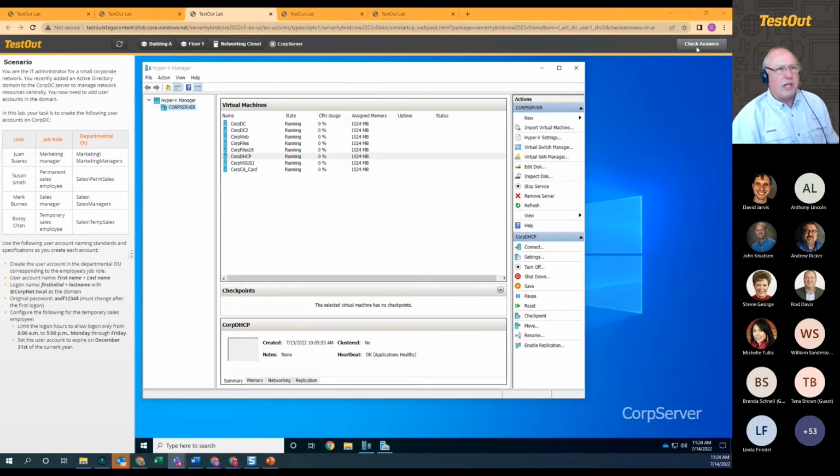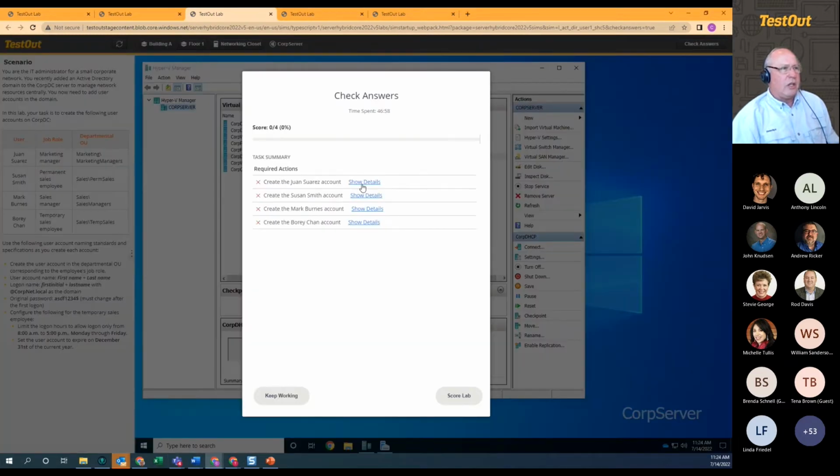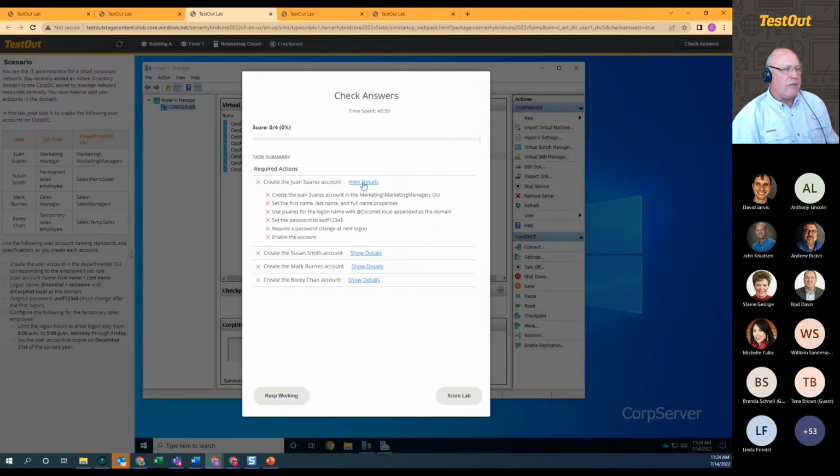One thing that I would also like to point out on this cool page right here is, if you notice, we also have the check answers button. So this particular lab is already initiated with the check answers feature enabled. And so when I click on check answers, I get just the specifics of what I was supposed to do. Obviously, I didn't do anything that I was supposed to do for this particular lab,